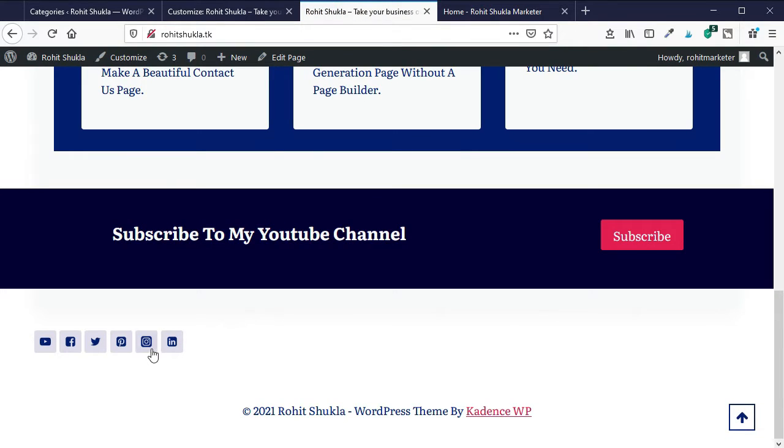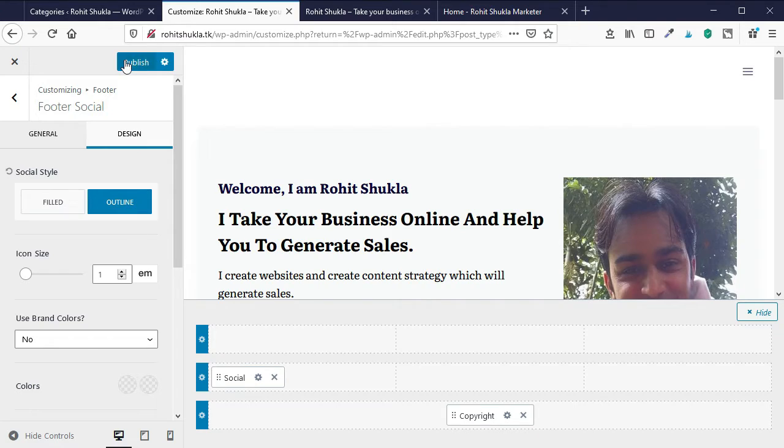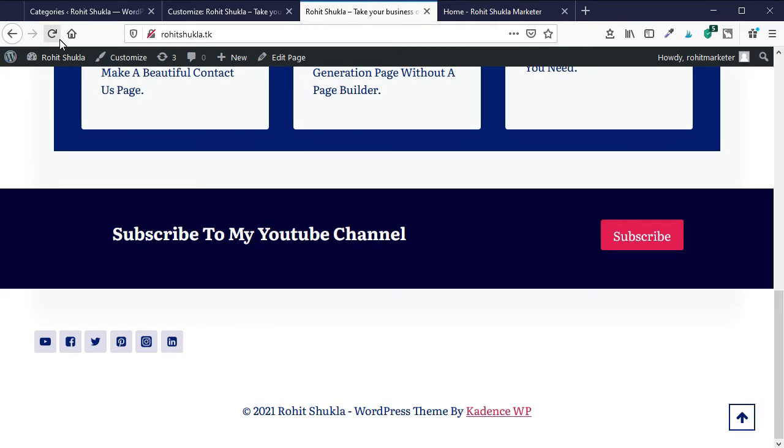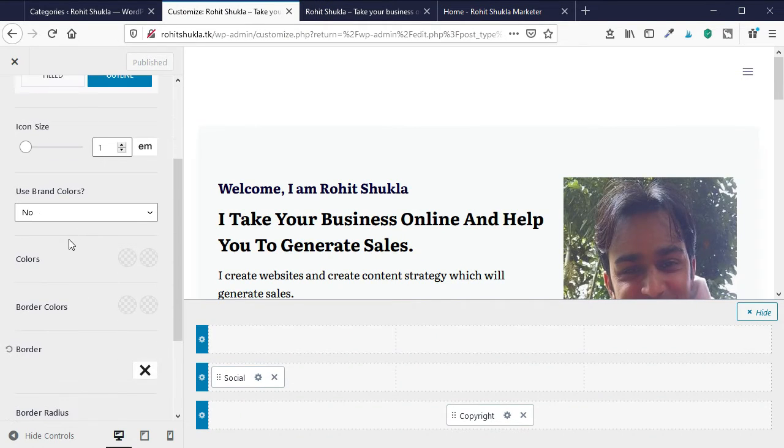Now the design of these is not what we want, so we will go here and see if it is good or not. The basic outline is gone. Let's see where this option is in the settings.